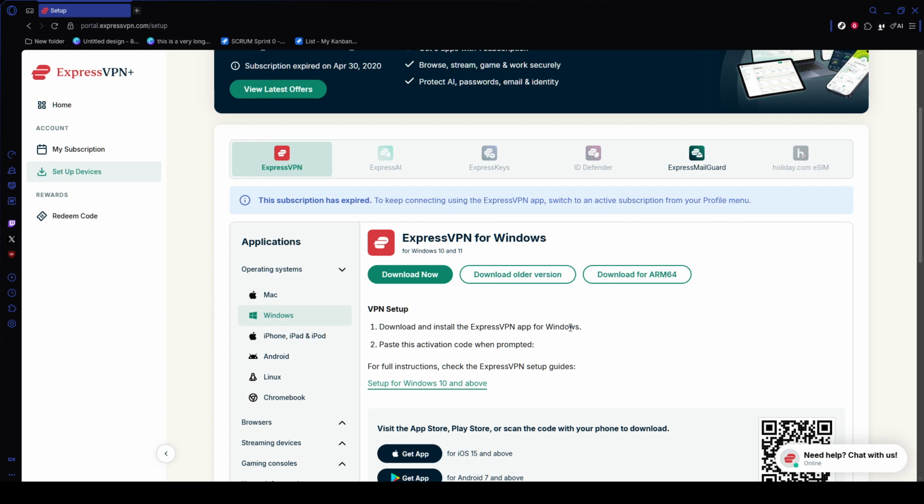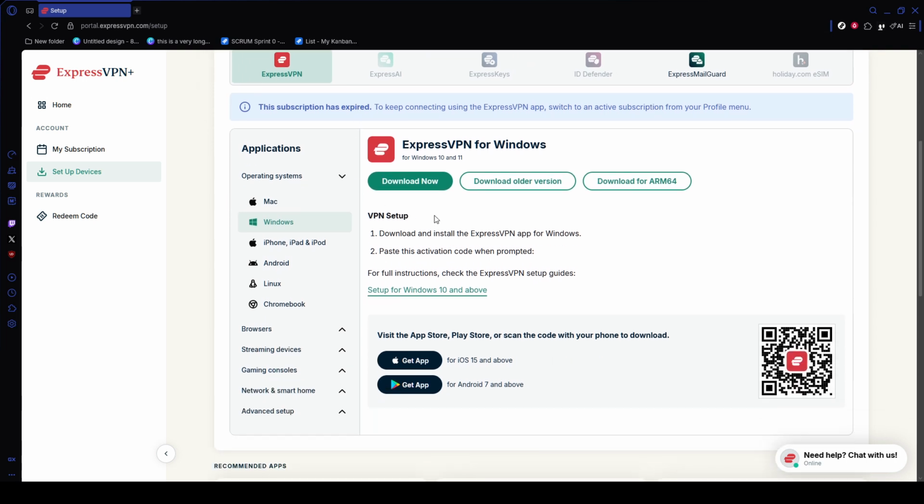Once the app is ready, choose a server location and click the main power button to connect. Wait a few seconds until the app shows a green connected status. Finally, open a private or incognito browser window and visit expressvpn.com. What is my IP? Check that the IP address and country shown there match the server